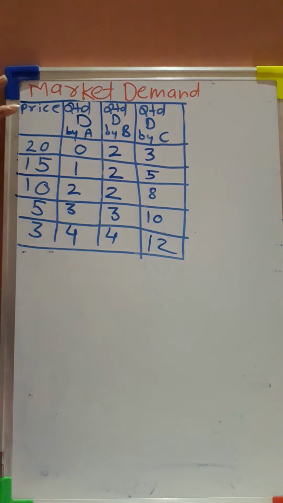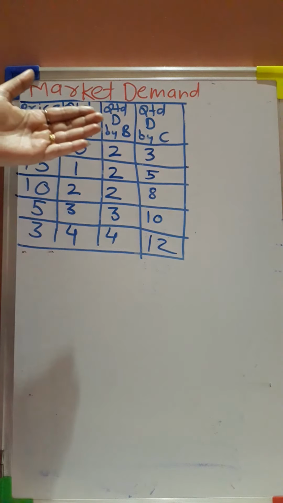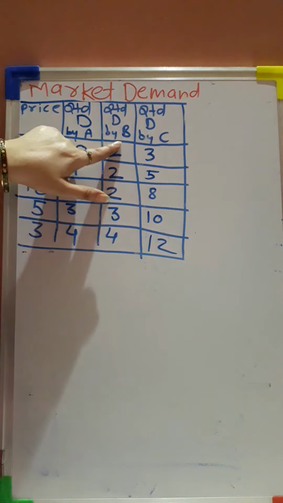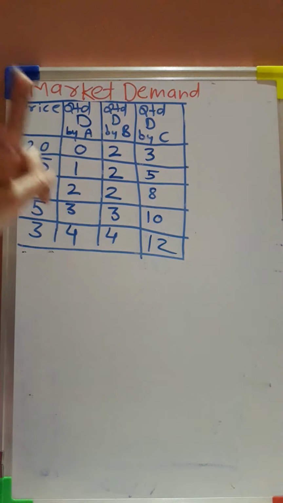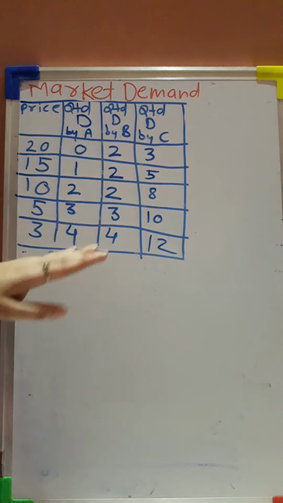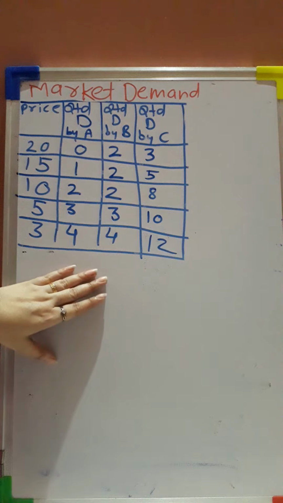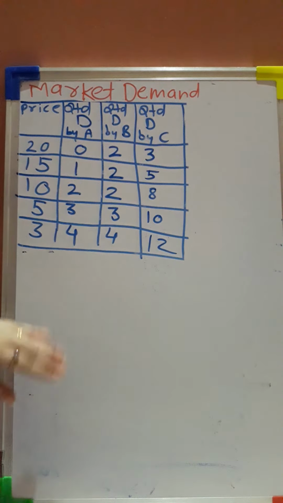Now this type of question they ask in exam, they will give you price, then they will give you number of consumers. So here we have taken three consumers, A, B and C. They can give you two consumers, they can give you four consumers. So like that question will come. In the first column they will give you price, and second, third, fourth, fifth as per the requirement. Like here they have given three consumers A, B, C. So now we'll calculate how to do market demand and how to draw diagram on the basis of calculation.